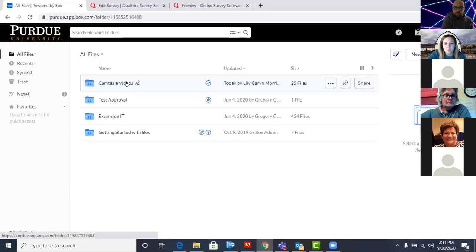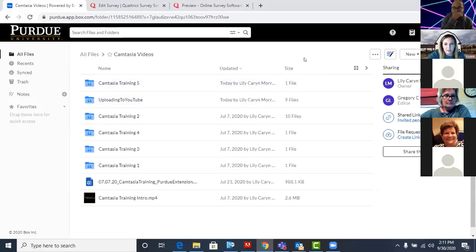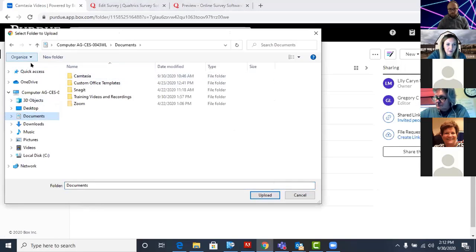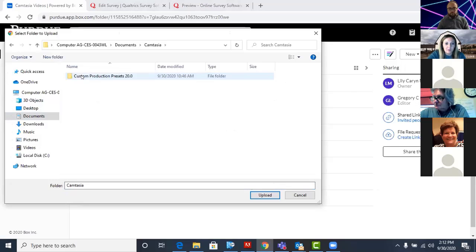And then in order to add videos, I would go over to the upper right-hand side and select upload, and then select folder. So I'll show you guys in a couple minutes, my computer is running very slow at the moment. I'll show you in just a second how I bundle all of my folders together.